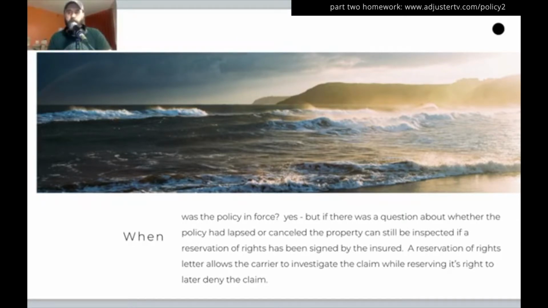And basically a reservation of rights just tells the insured that the carrier will investigate the claim and still reserve its right to deny it later if it turns out that there's a reason why the claim can't be paid. In other words, if you find hail damage and that's covered, but it didn't happen during the policy period, their policy lapsed, then the insurance company reserves the right to deny the claim under those grounds. All right, so